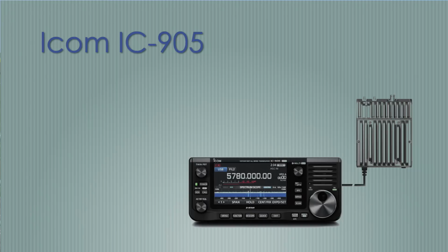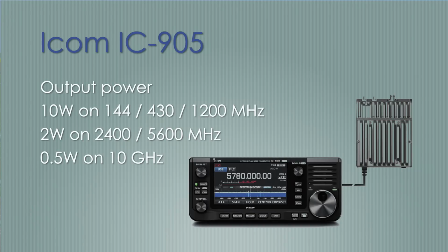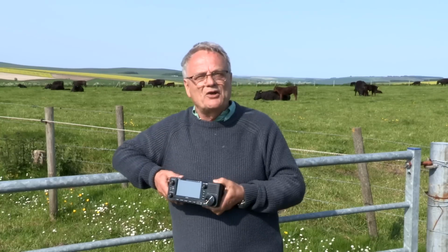By the way, with this radio, the power outputs are 10 watts on 2 meters, 70 cems and 23 cems. Then it's 2 watts on the other bands and just half a watt from the transverter on 10 gigs. So that's pretty impressive on half a watt over that path. So enjoy the new Icom